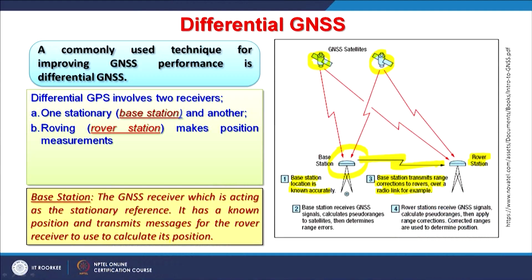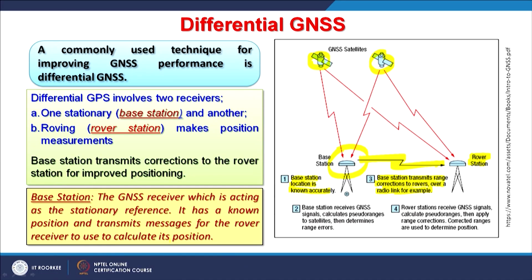That known position can be used for getting error information for the rover station. The rover station will do the measurements in the field, while the base station remains stationary in the area. The base station transmits, as I have mentioned, not necessarily all the time; it can record also, and later on it can be used to improve the position.